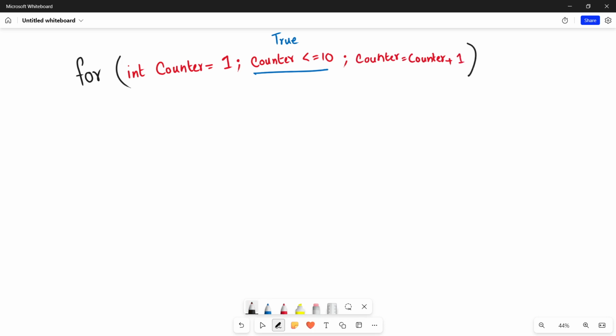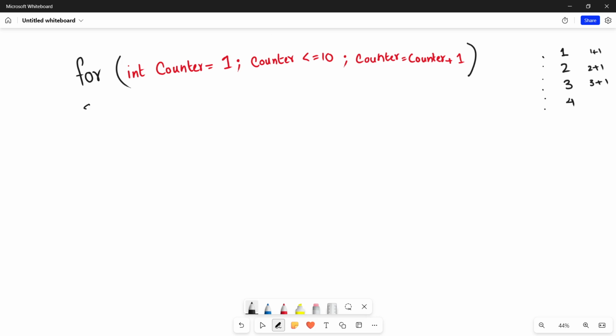Here, this actually means that for every iteration, the counter value is going to increment. So if it is 1 for the first iteration, then for the second it becomes 1 plus 1, 2. For the third it becomes 2 plus 1, 3. For the fourth iteration it becomes 3 plus 1, 4. It will increment by 1 since you have written counter plus 1. Whatever the value of counter is, it will be incremented by 1 for the next iteration. So this is how you have to do the working inside your for